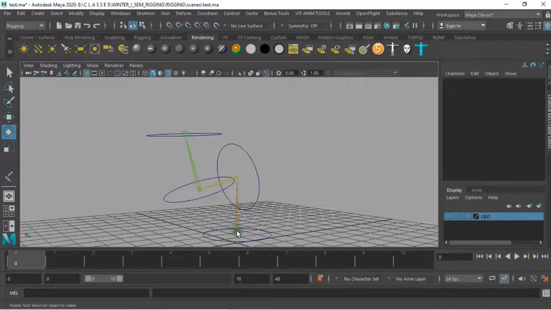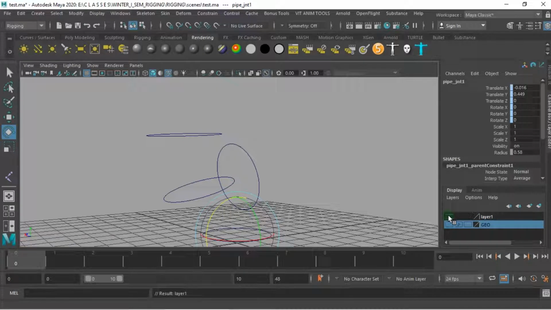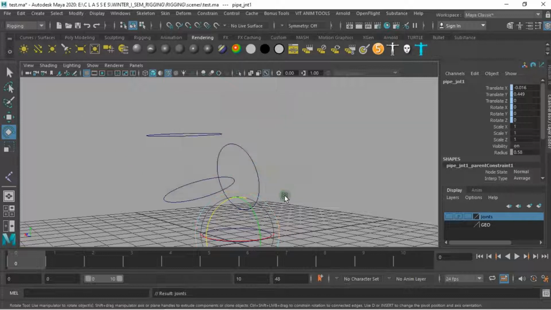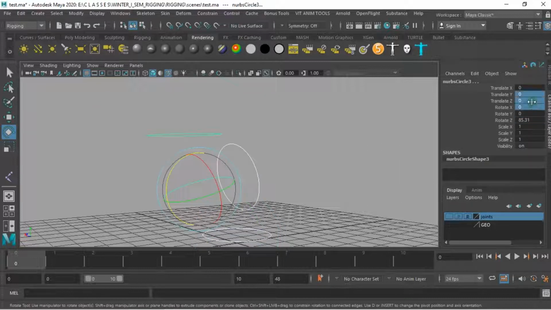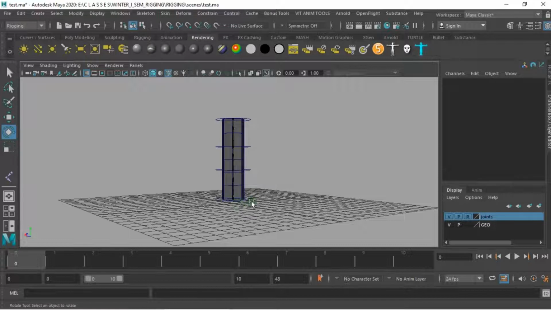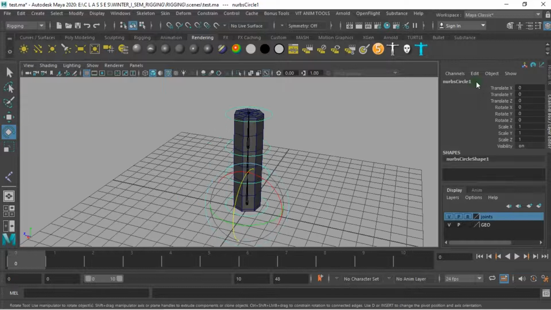So right now I'm going to add a joint layer. Normally we won't add any keys for the joints. Just select all these together and we can make the value 0, so we'll get the bind pose. Same here, I'll make this